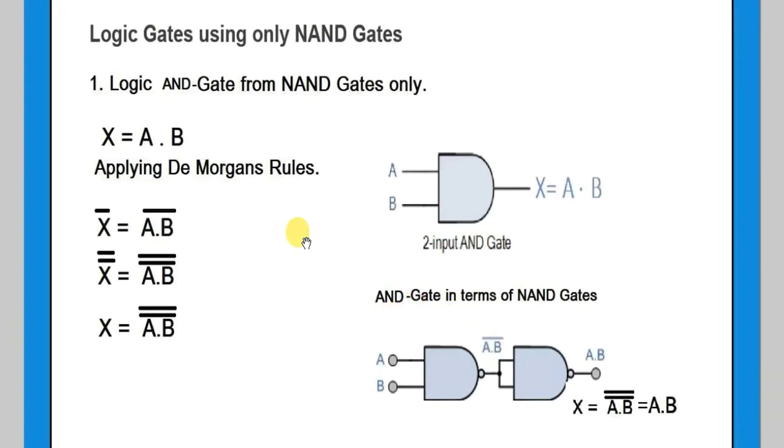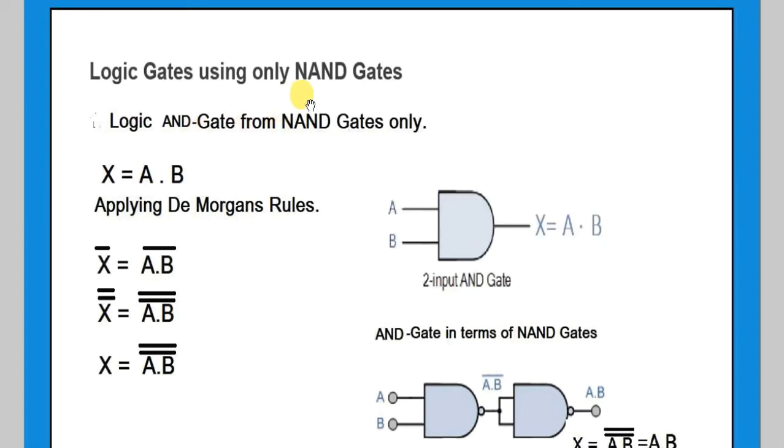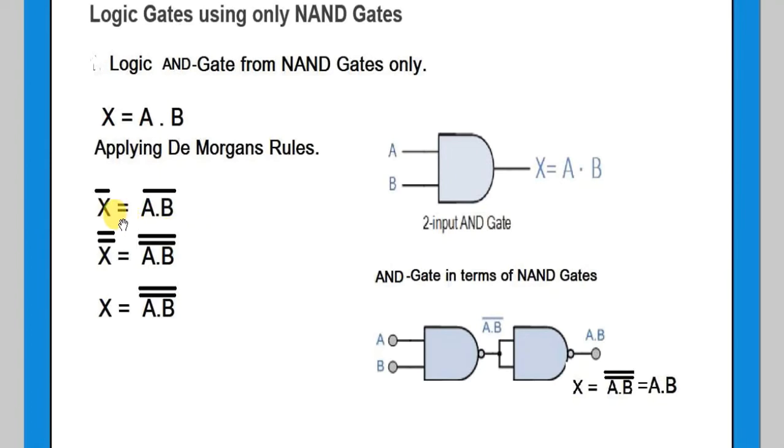Now the second one is the logic AND gate in terms of the NAND gate. That is very simple. The AND gate is given by x is equal to A and B. Taking the complement of both sides, then again taking the second complement, means if you take the complement of the NAND gate, you get the AND gate again. So we put only two NAND gates here. This input A into B, A B complement, again complement of that, you get the AND gate at the output.